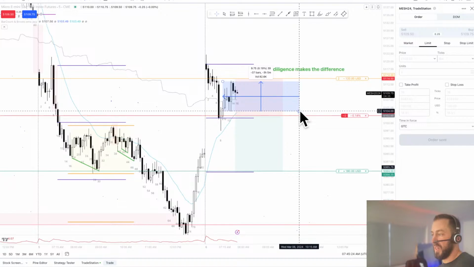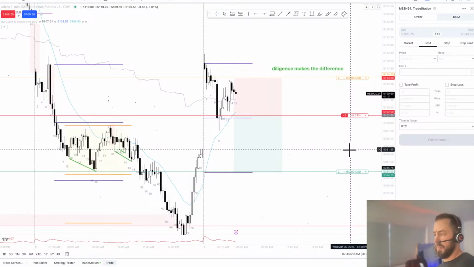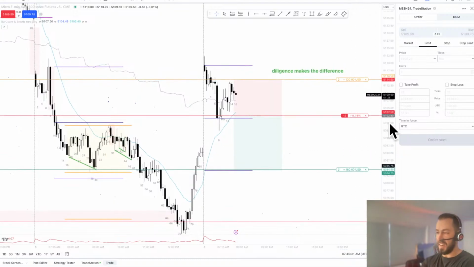So one of the things we said was a possible pullback to 50%, and then the bulls would load up. But now the bears have 2 consecutive bear bars. Weak, but